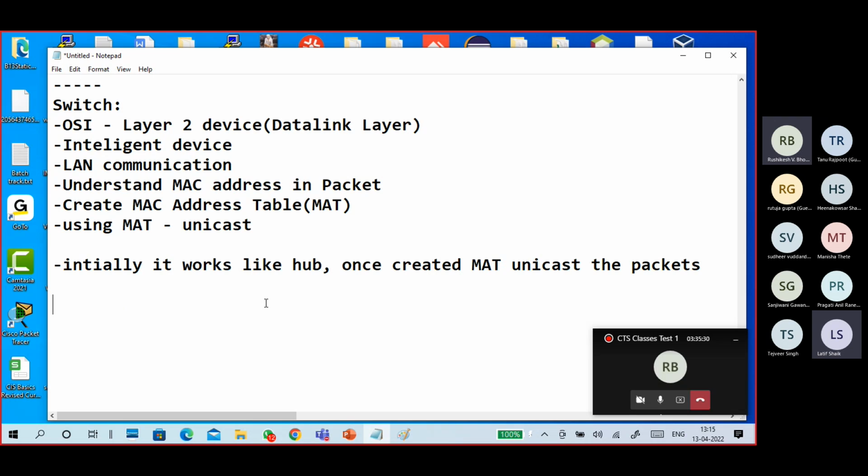The number of ports is usually high. So this is about your switch.